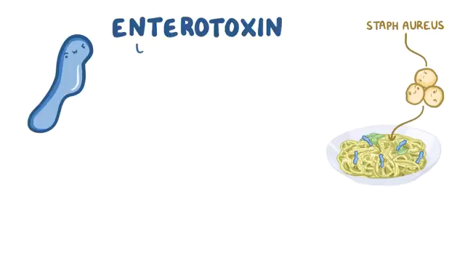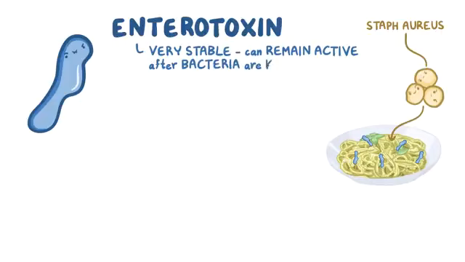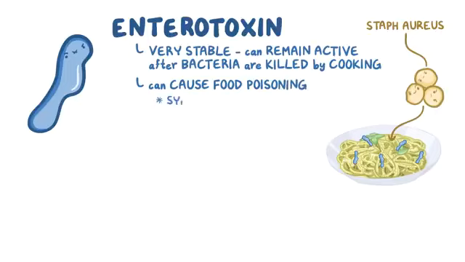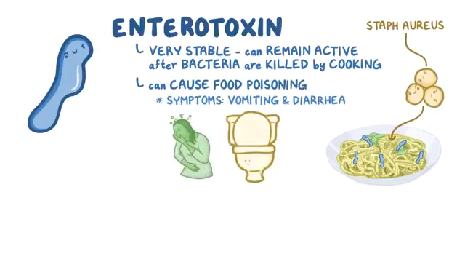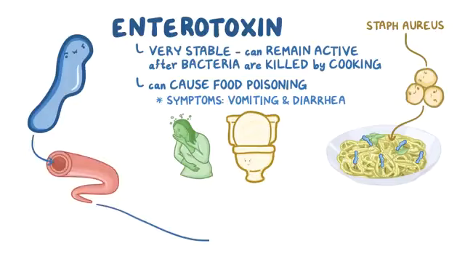The enterotoxin is quite stable in the environment, and can remain active even after the bacteria are killed off by cooking. The toxin can even withstand boiling at 100 degrees Celsius for a few minutes. If the toxin is eaten, it can cause food poisoning, with symptoms like vomiting and diarrhea a few hours after ingestion. And in rare situations, if the enterotoxin somehow gets into the bloodstream, it can cause toxic shock syndrome, much